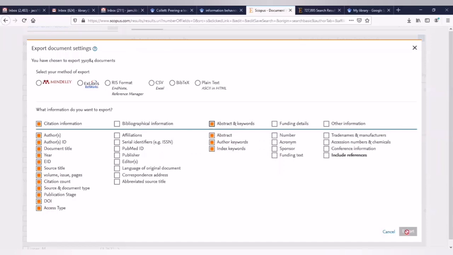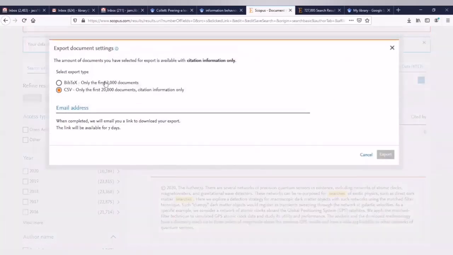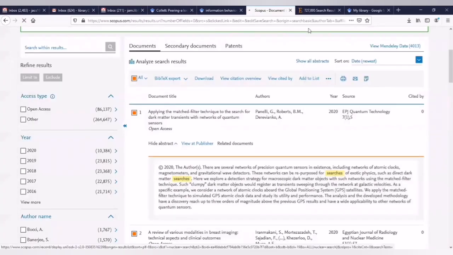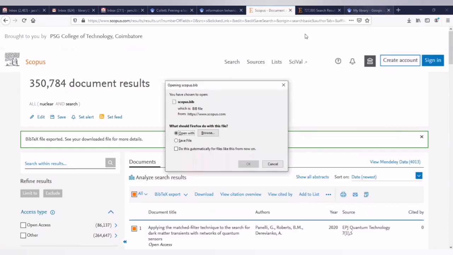I can click on abstracts, click on export. In which format? CSV, RIS, or BibTeX, like that. So I'll click on BibTeX format like this and click on export. So it is able to export the articles like this. You are able to see all the selected articles, which can be exported and used. This is the way you are able to see the articles here.